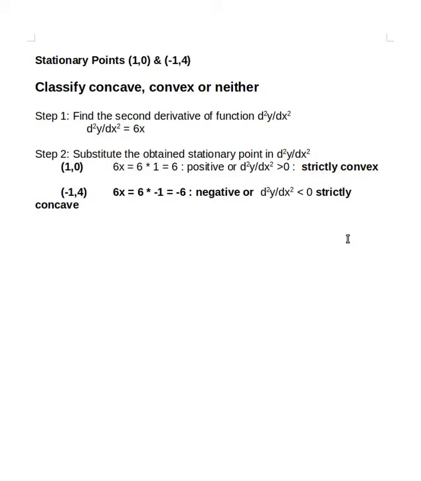So this is how we solve a problem to classify a function as concave, convex or neither. Here we consider a single variable function, and we just check whether d square y by dx square is non-zero, that is, less than 0 or greater than 0, and we follow this method. But if it is equal to 0, then the method is entirely different. So in the next question we will look into the case of d square y by dx square equal to 0.